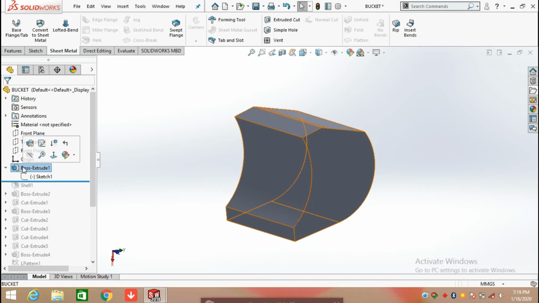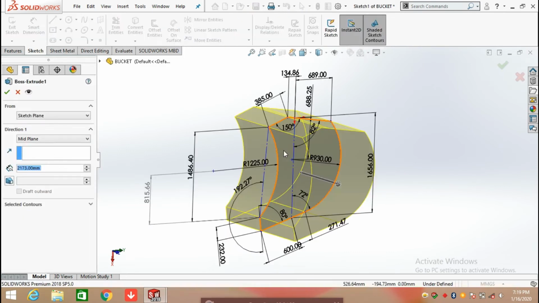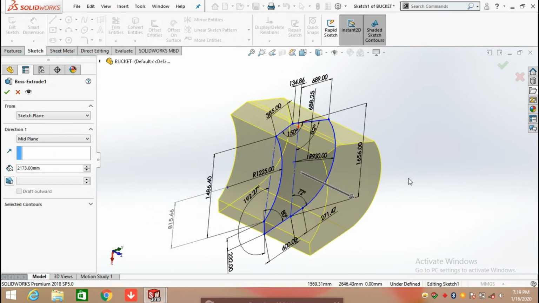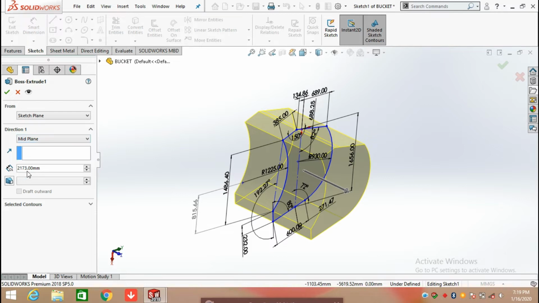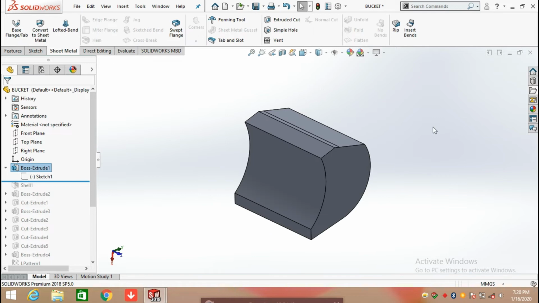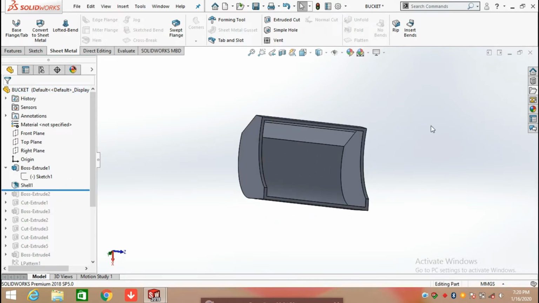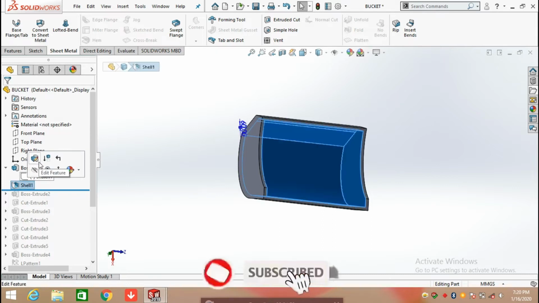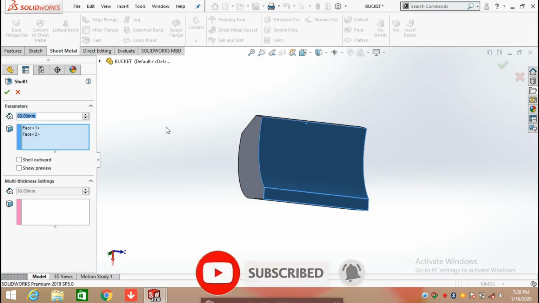We have to extrude it both directions from the mid plane, at 21730 mm. Click on OK with the reference of the mid plane. Now the second part: we are going to shell the bucket from the inside. So click on the Shell command